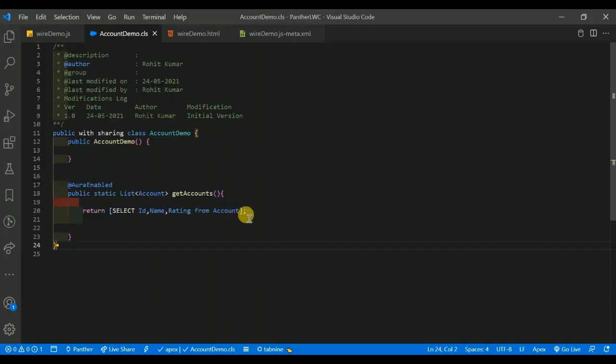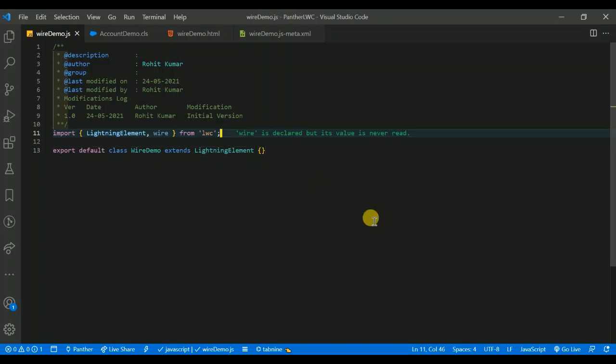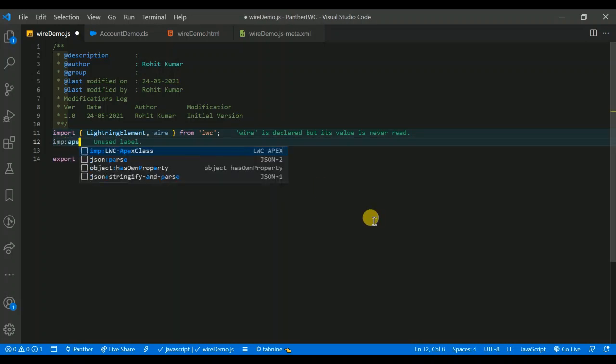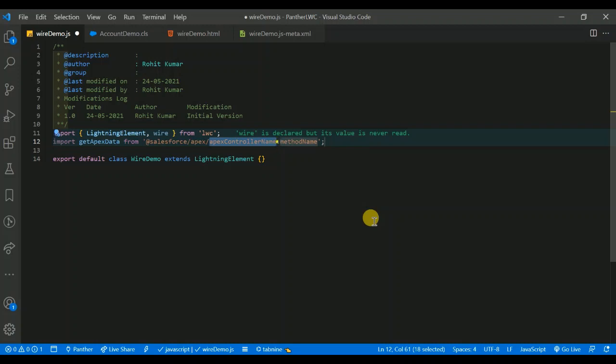It returns a list of accounts. So how to use this Apex class in the LWC? First of all we need to import Apex, and here you can see this is the syntax to import the Apex class controller.